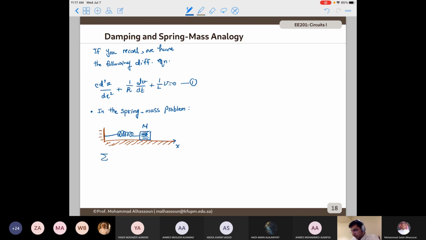So from Newton's second law, the total force equals the mass multiplied by the acceleration, which is the second derivative of the displacement. If we draw the free body diagram, in order to move this mass, you need to apply a force to the right. This is the external force. There is a friction that's slowing the motion in this direction. There is a spring constant that's bringing the spring to its equilibrium state. So K is called